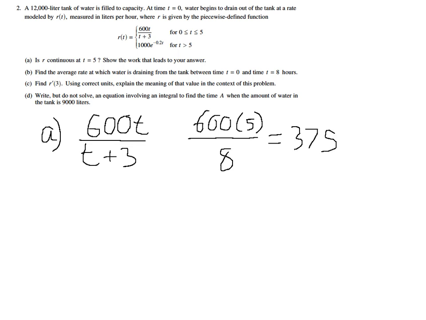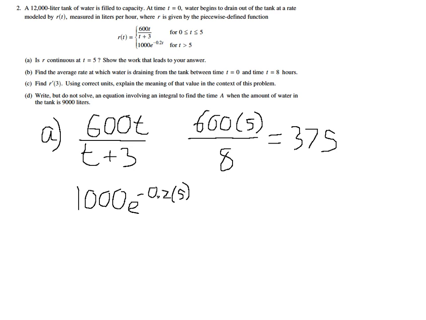And then for the second part of my piecewise function, we have 1,000 e to the negative 0.2 times 5,